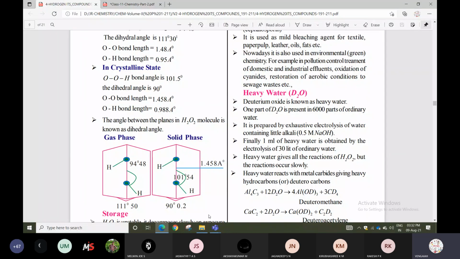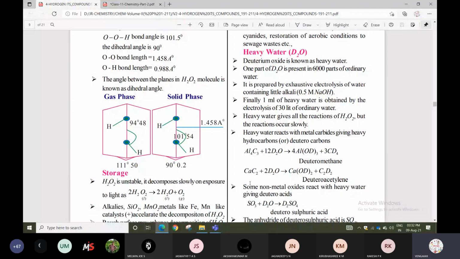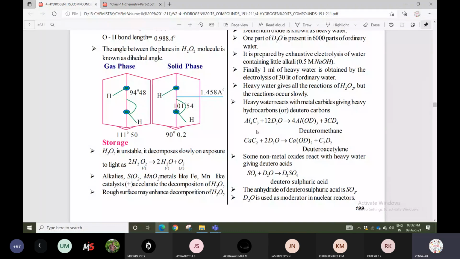Heavy water reacts with metal carbide to give heavy hydrocarbons. They have given Al4C3. So metal carbide reacting with heavy water can give heavy hydrocarbons. Some non-metal oxides also react with heavy water, giving deutero acids, like D2SO4, the same type as H2SO4. CH4 is methane, like that, CD4,